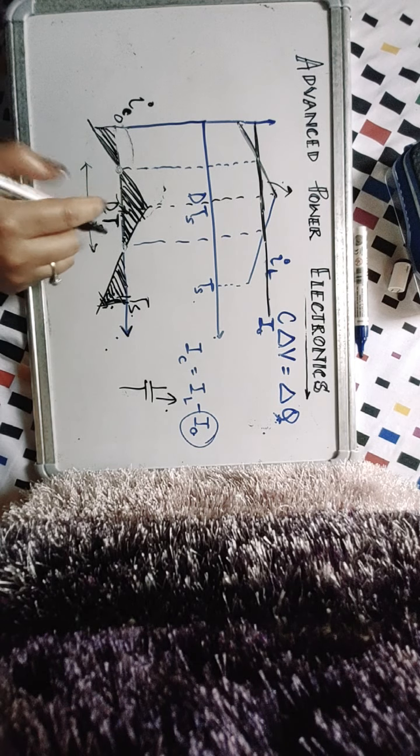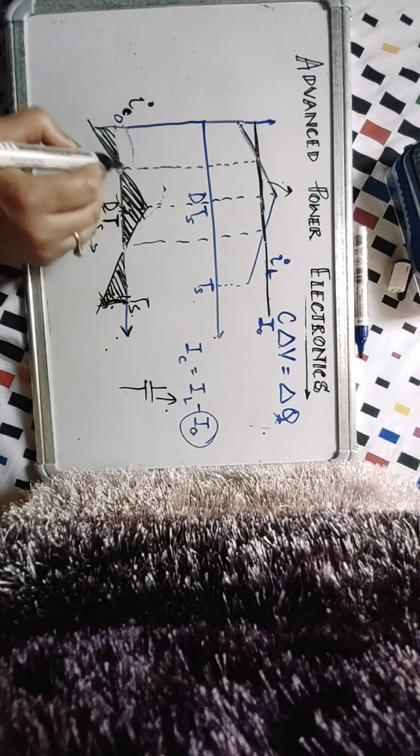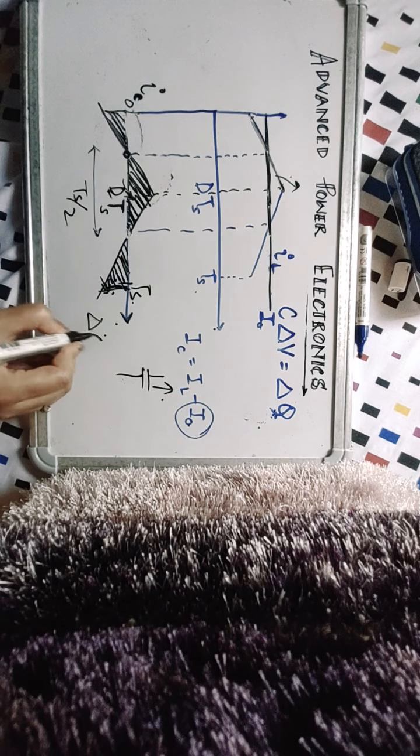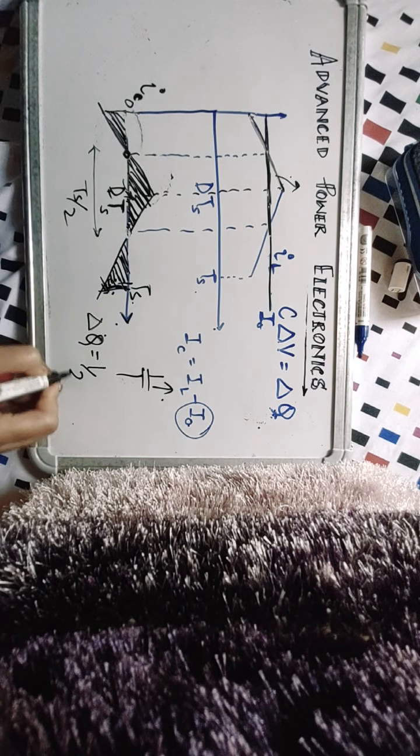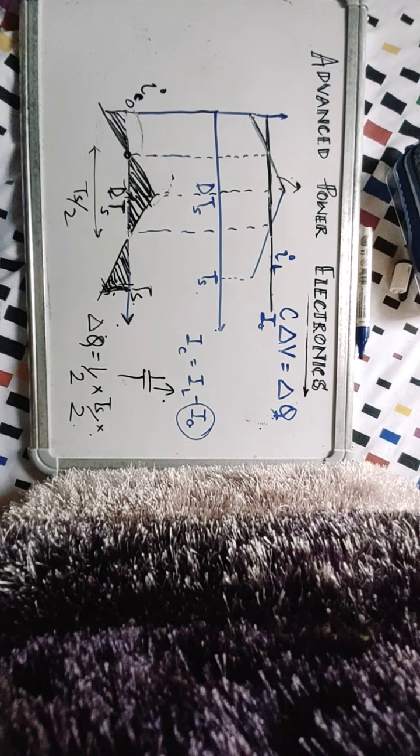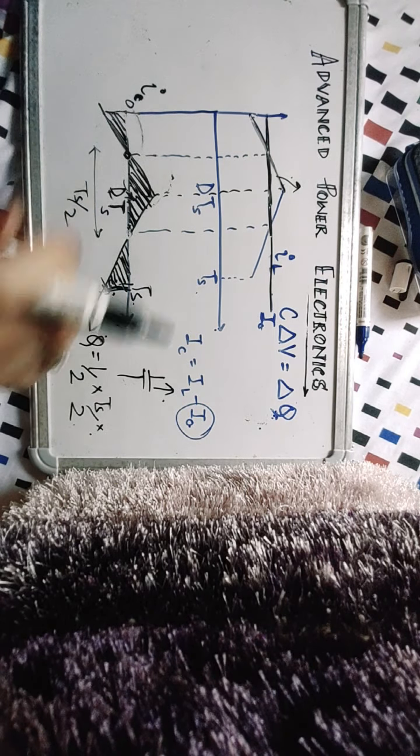Okay. Now what is delta Q? It is the area under the capacitor current curve, right. Now this delta Q will be equal to half of base, which is Ts/2, into altitude. What is this altitude now? Now this altitude, if you see,